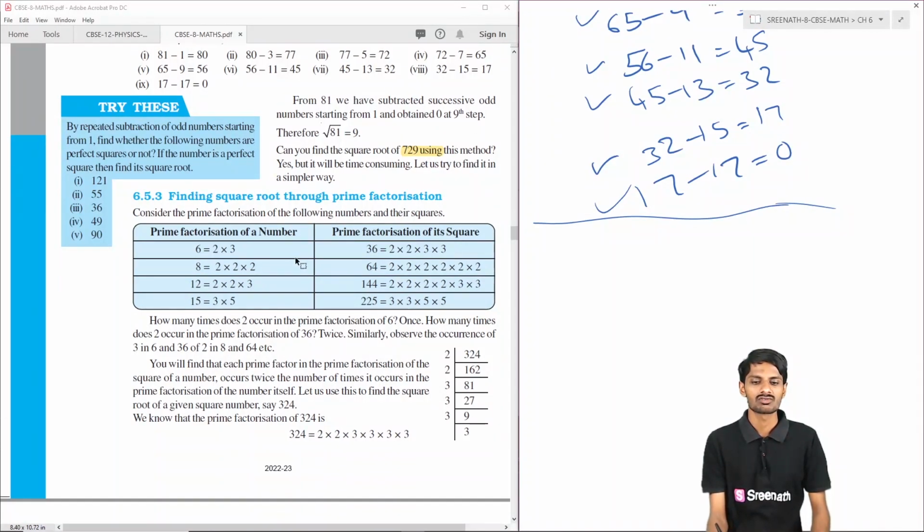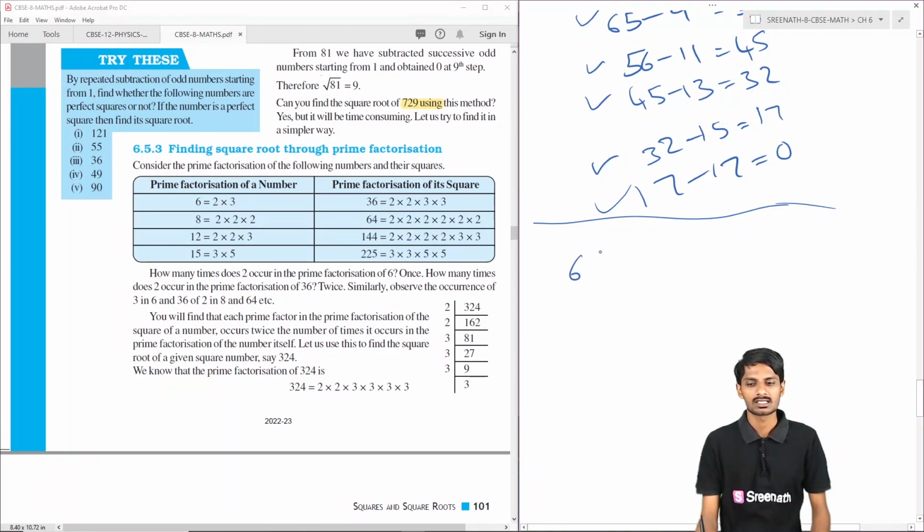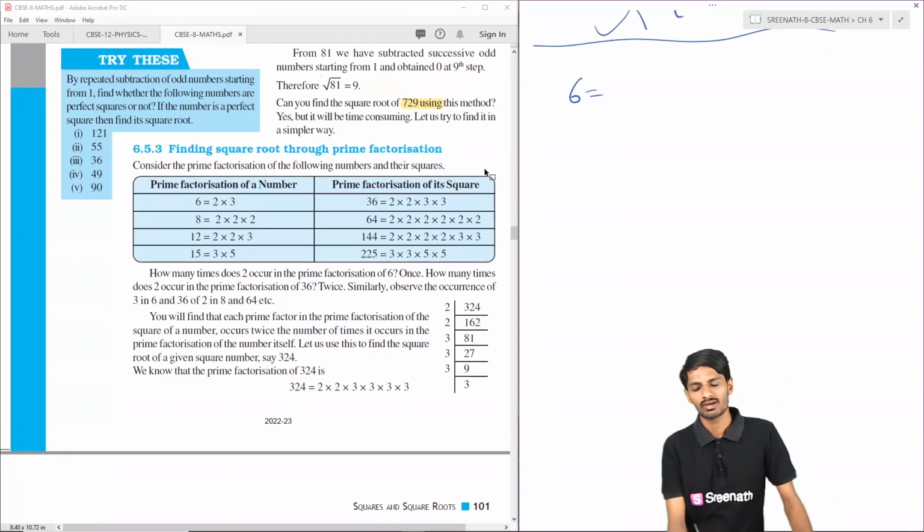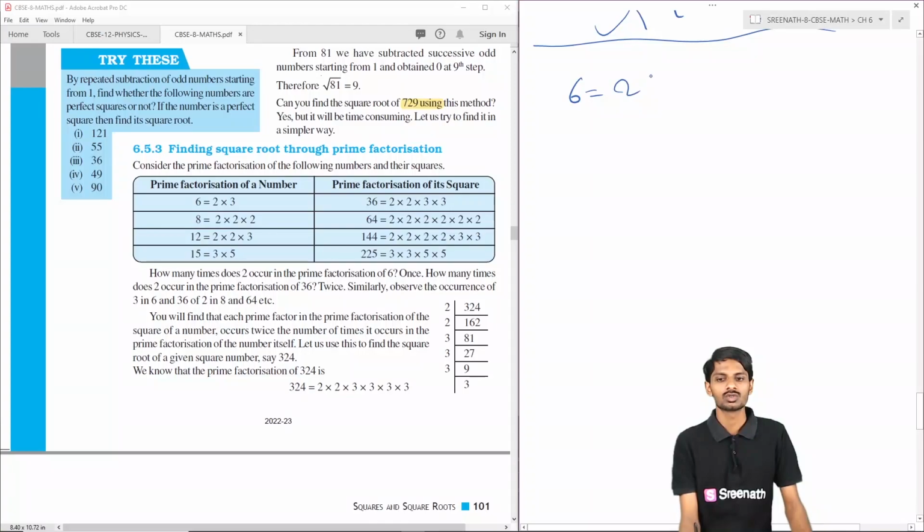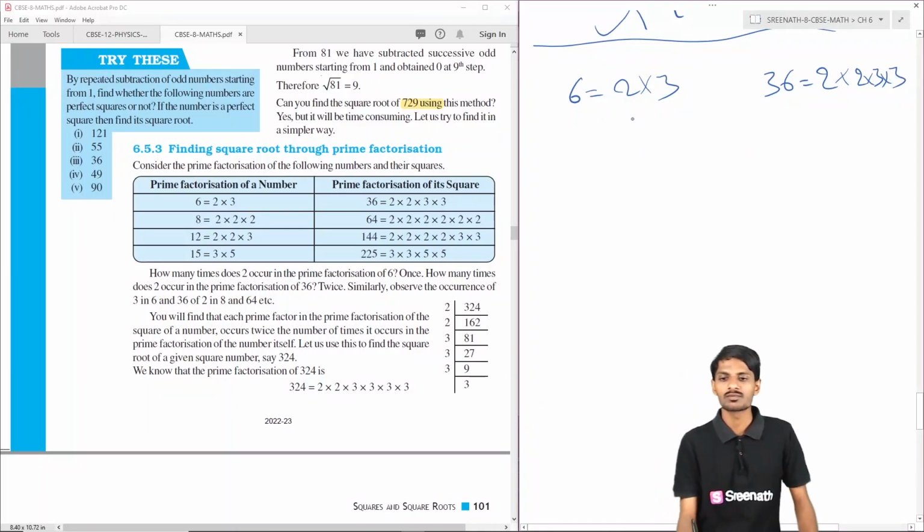The next method is finding the square root through prime factorization. Suppose you take the number 6 and find its prime factorization: we can write it as 2 into 3. And if you take the square of this, that is 36, we can write it as 6 into 6, or 2 into 2 into 3 into 3 is the prime factorization. If you clearly observe,